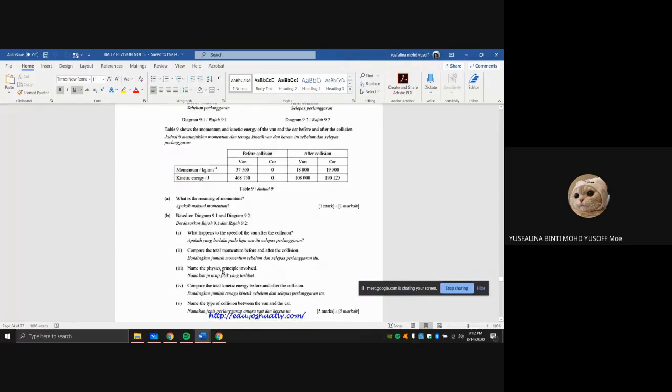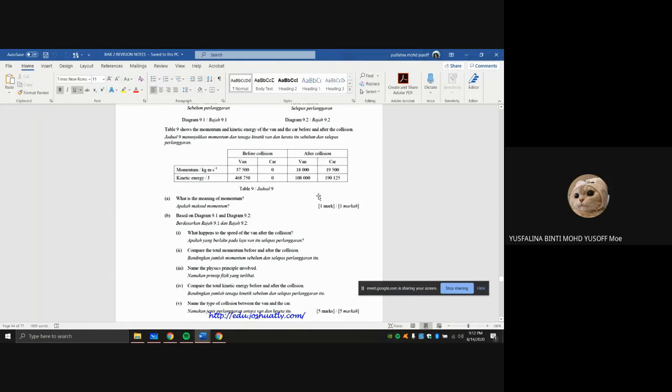Next, name the physics principle involved. So this one is the principle of conservation of momentum. And then compare the total kinetic energy before and after the collision. So before the collision it is